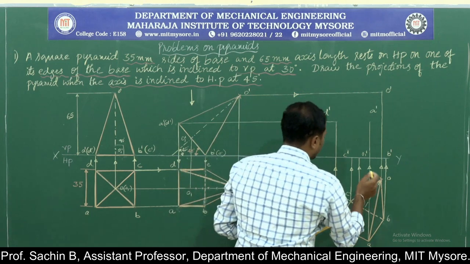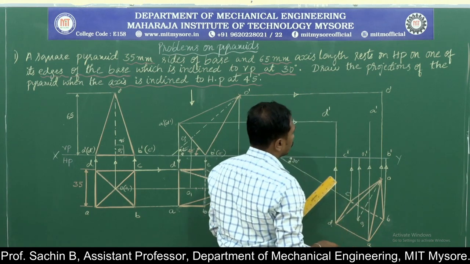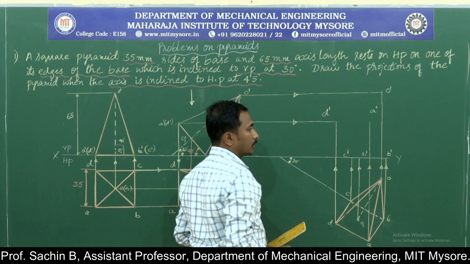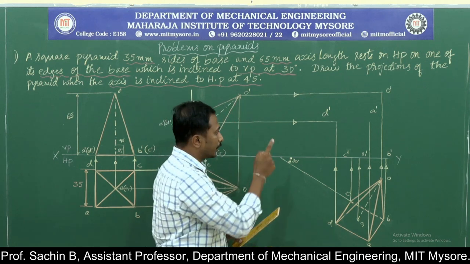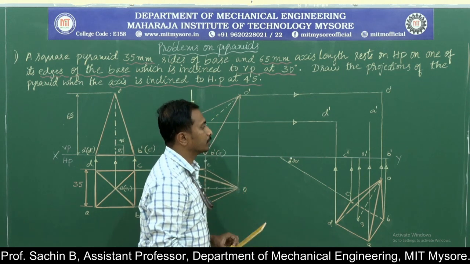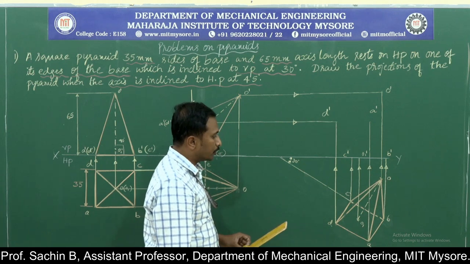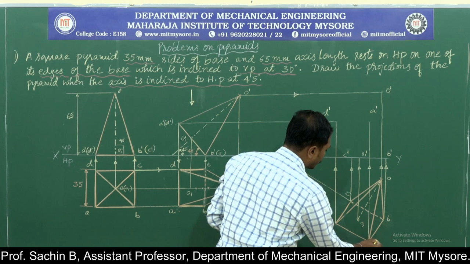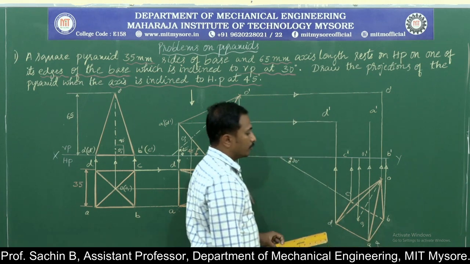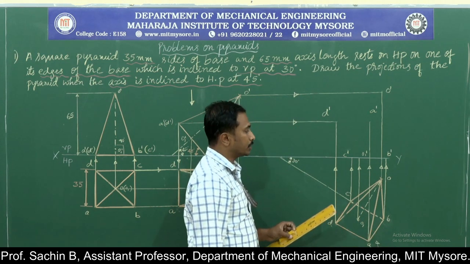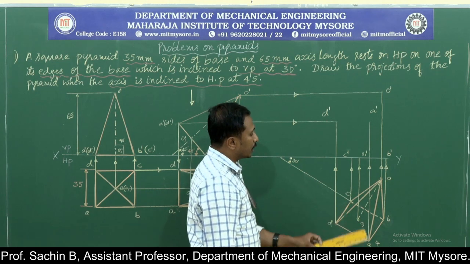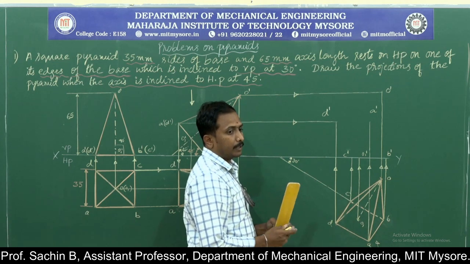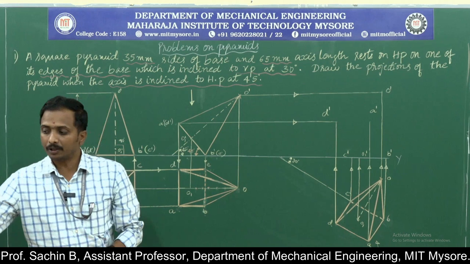Okay, now I need to connect the object. I need to connect all the lines to get the clear visibility of the object. Again I will apply the same conditions here. Now we are viewing the object from this particular position. By viewing the object from this particular position, the base is clearly visible for the observer.